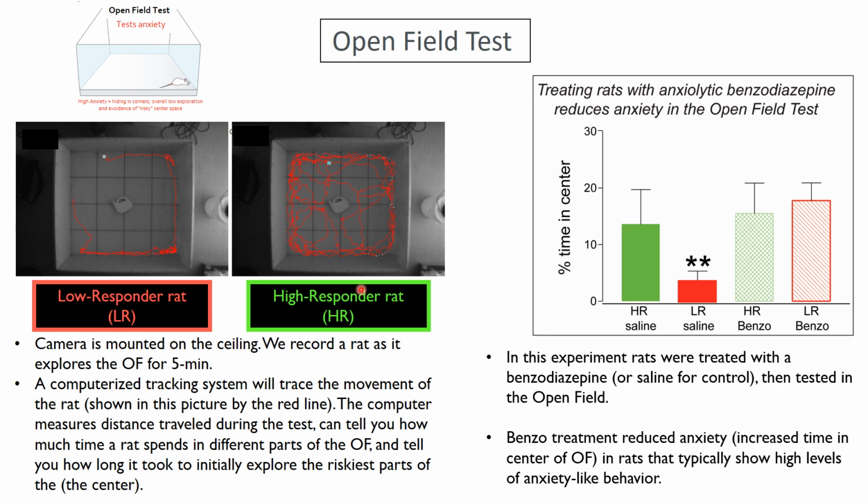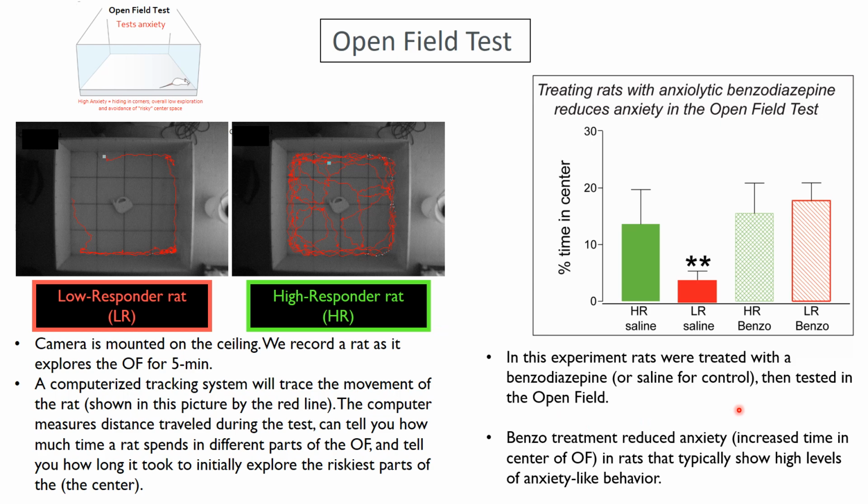And what you can see is that, if you're just looking at time spent in the center to inspect a novel object, the high responding rats are more likely to spend time in the center. They spend around 15% of their time in the center versus the low responding rats, which is around 5% of the time. This is a significant difference. So she's got these two lines of rats that show this significant difference in the degree to which they are